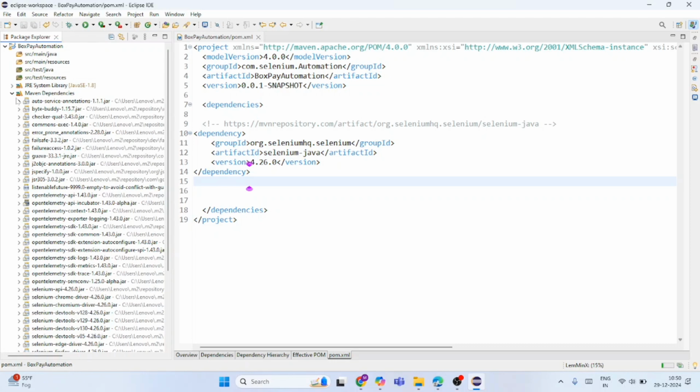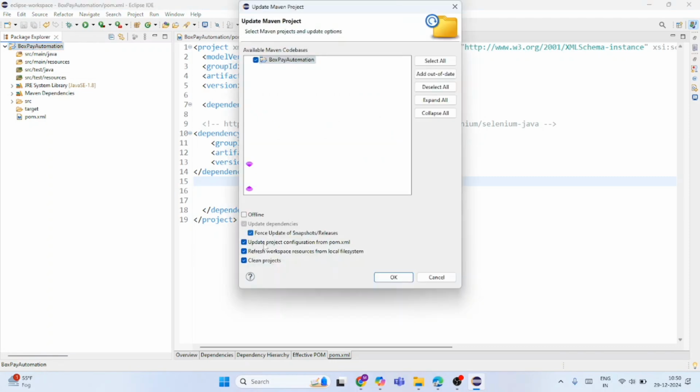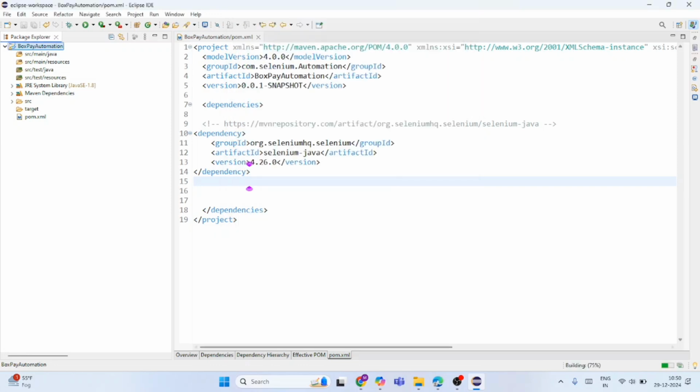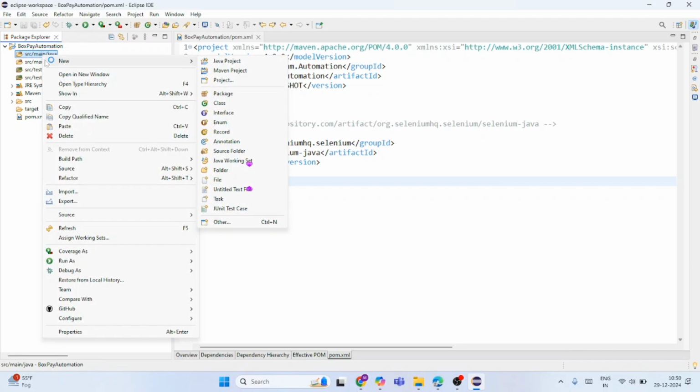Come here to Maven and Update Project, and just click over Force Update. Okay, it will update your project. Let it be completed first. This is building your project. Now it's completed. Go to this src main java, and right click over here and new, and just create a